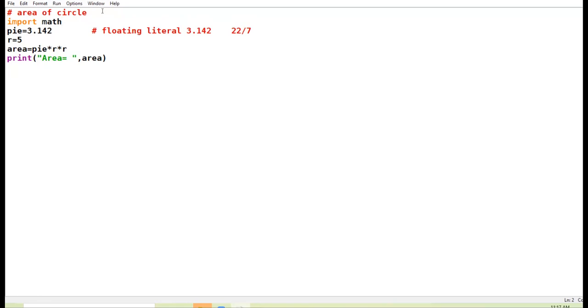The meaning of this statement is import the math module into your program if you want to use the inbuilt functions of module math. सारे मैथमेटिकल फंक्शंस इस मैथ मॉड्यूल के अंदर इनबिल्ट है. If you want to use them, you have to import this module.